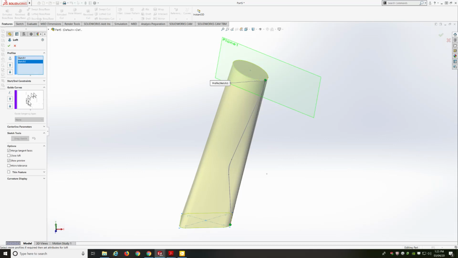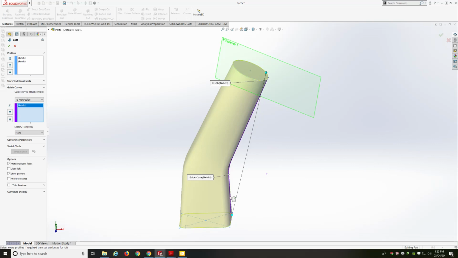So I'm going to left click inside guide curves so that it's looking for a guide curve to select. And I'm going to choose this sketch line. And now all of a sudden, it's still doing its loft, but it's following its guide curve. Okay? And I think the only other set of instructions on this part was to make the start and end